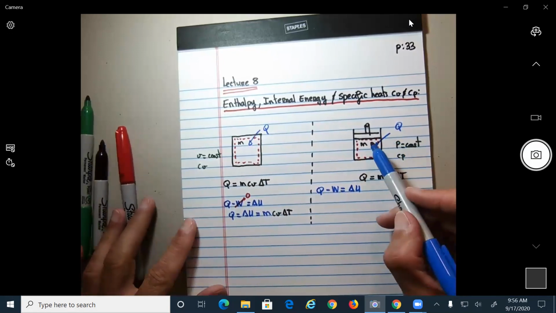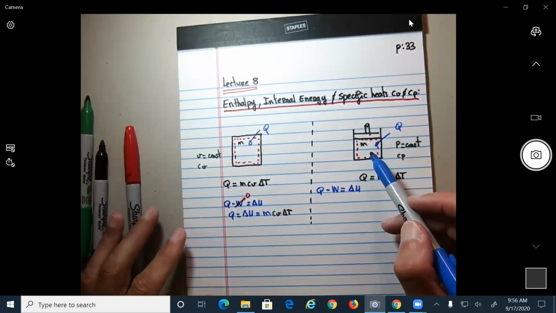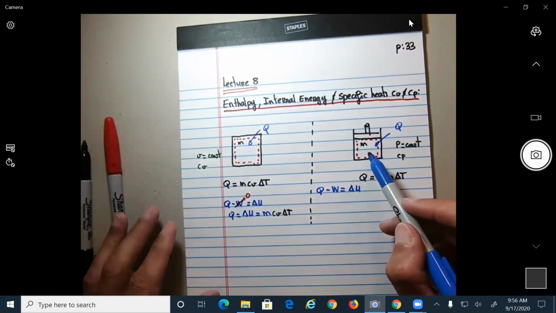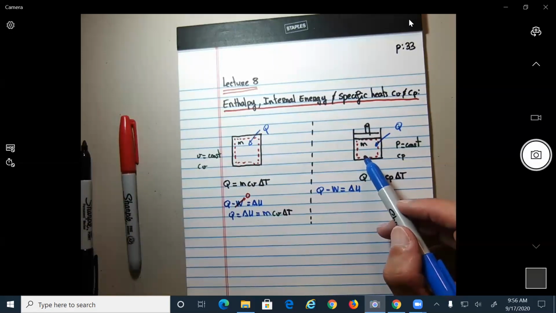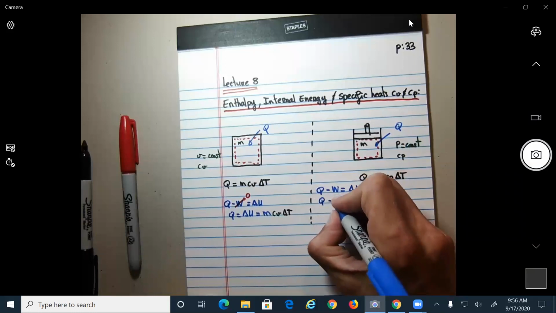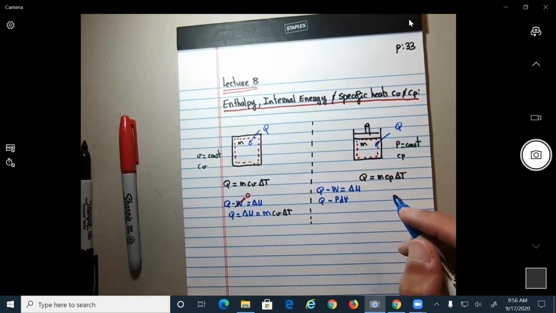Yes, here you have the work done by the piston moving up and down, no? And if you remember, the expression for the work done by the piston at constant pressure is P times V final minus V initial, okay? So I can just rewrite this as follows, that this is equal to Q minus P dV, which is basically V final minus V initial,